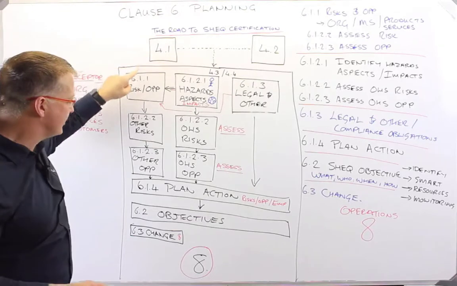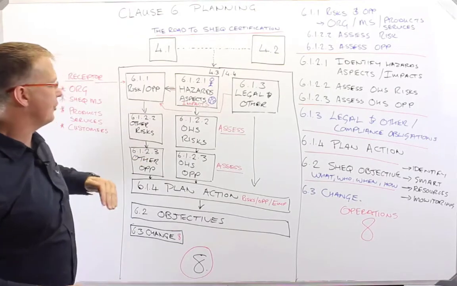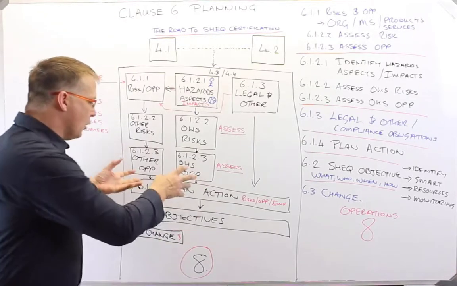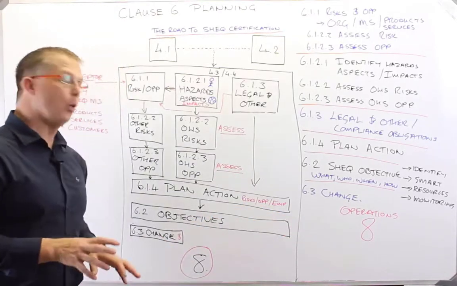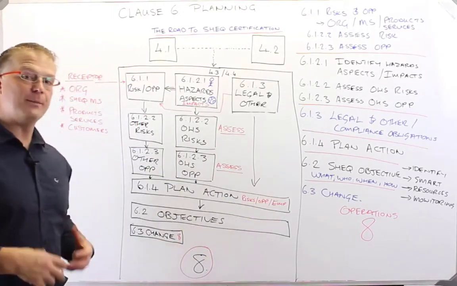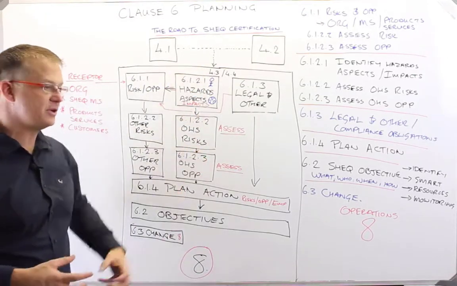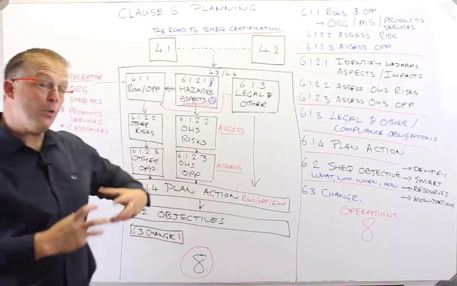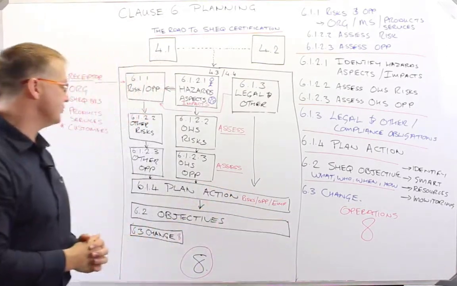So based on the outcome of the assessment in 6.1.1, based on the outcome of the assessment here of other risks and other opportunities, based on the outcome of the assessment of OSH risks and OSH opportunities, we then plan action. What are we going to do to further mitigate the risk, or what are we going to do to leverage the opportunity? We also want to take cognizance of the emergency plan. So unwanted hazardous events that we've identified over here in the risk assessment could become potential emergency situations. So 6.1.4 is how we consider the hierarchy of controls in the management of risk to further reduce our risk